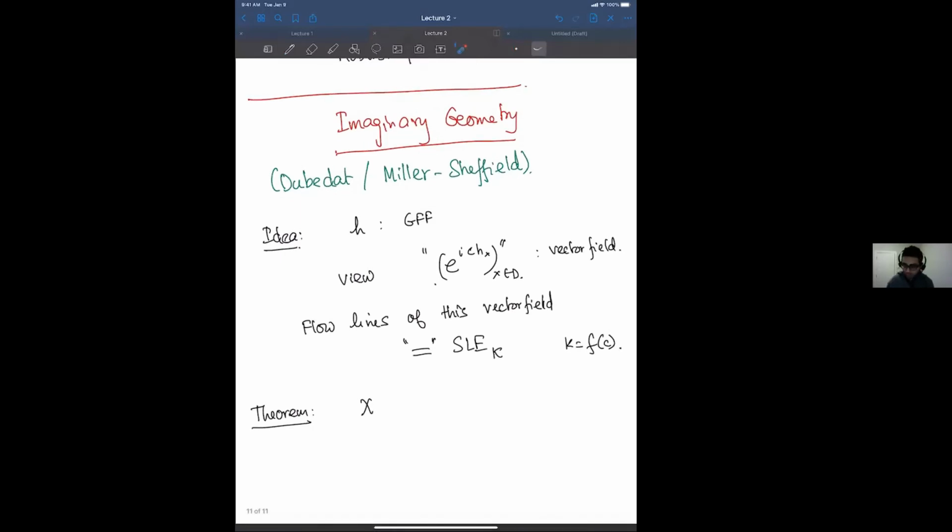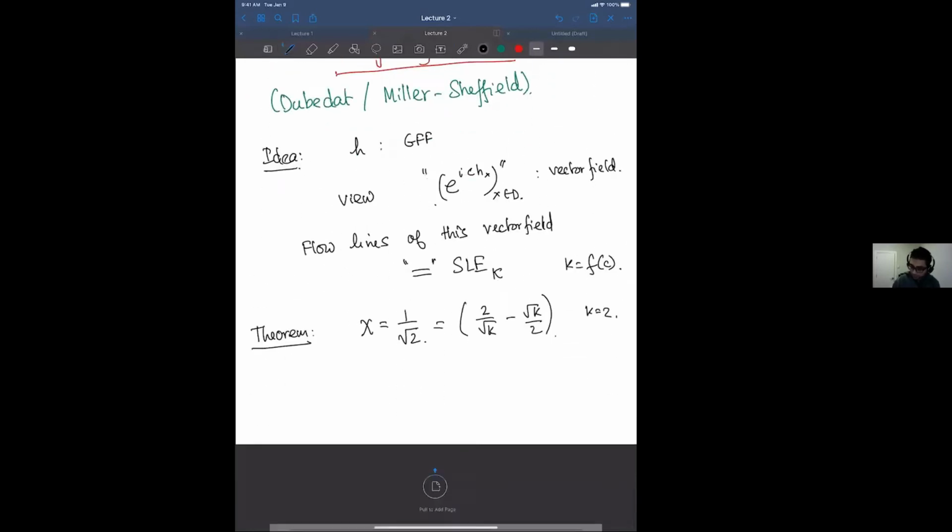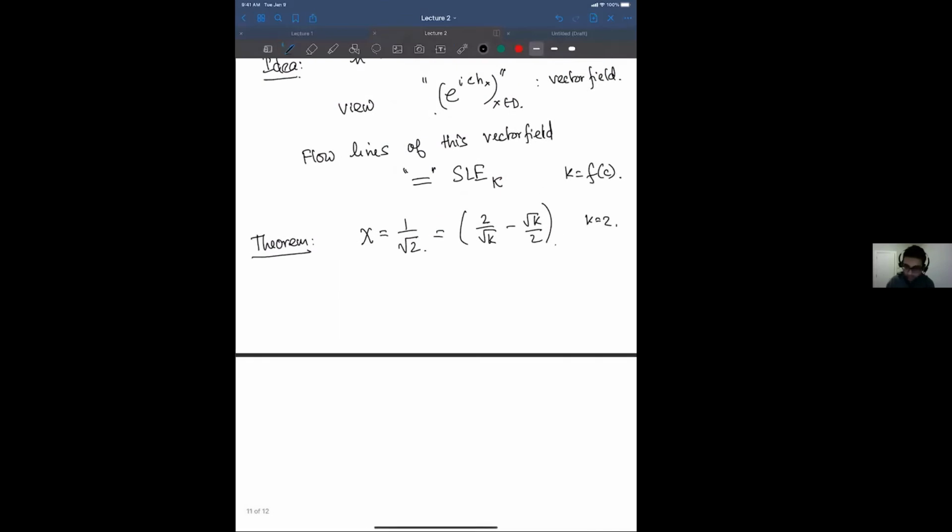Maybe our theorem will give some idea of how this connection might be exploited. But here is a theorem which tells us about this. So fix chi equals 1 over square root 2. There's a reason for doing this, because traditionally, in an imaginary geometry theorem, this chi corresponds to this quantity for general kappa. But for us kappa is 2, so chi is 1 over square root 2. So there exists a coupling